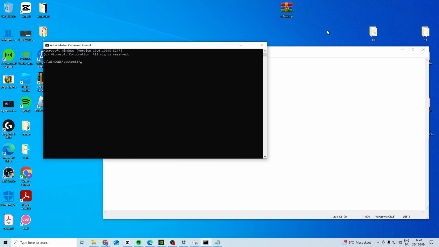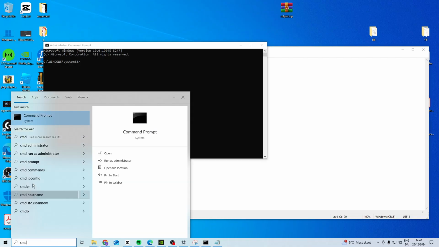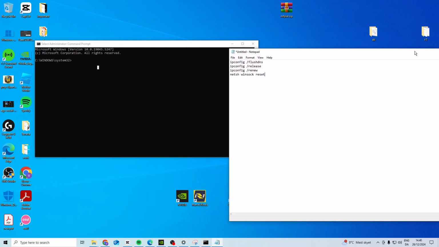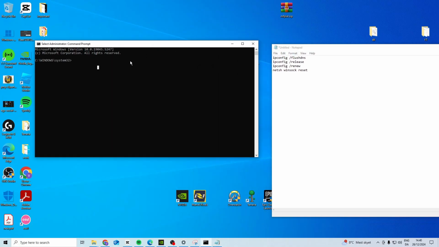In this video, I'll show you how you can fix Wi-Fi keeps disconnecting randomly. What you want to do is open up CMD, right click and run as an administrator. In here you want to type these 4 commands. So you want to type the first one, ipconfig space /flushdns, press enter, then do the next one, then